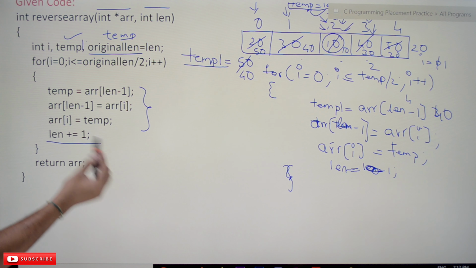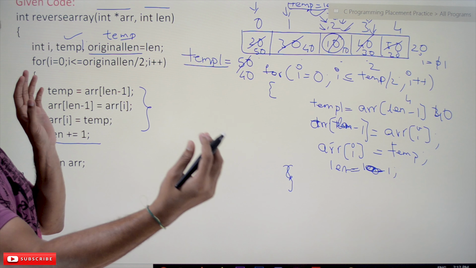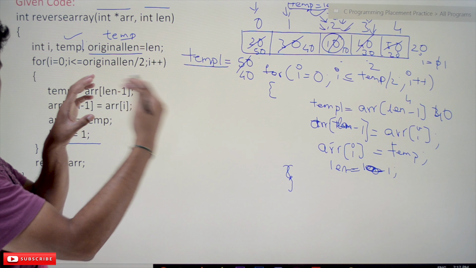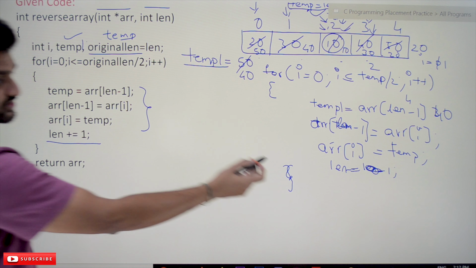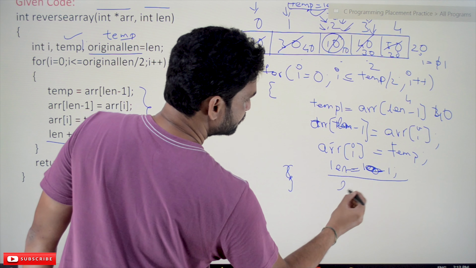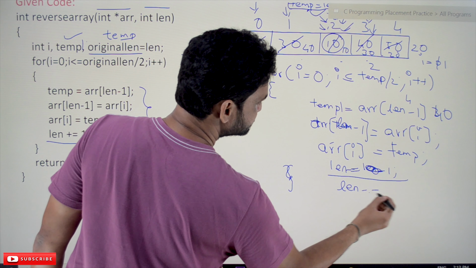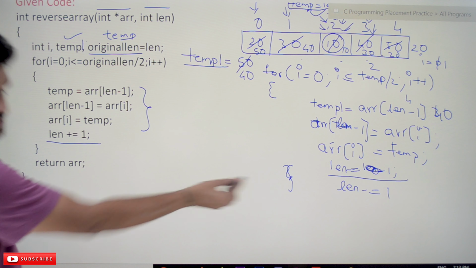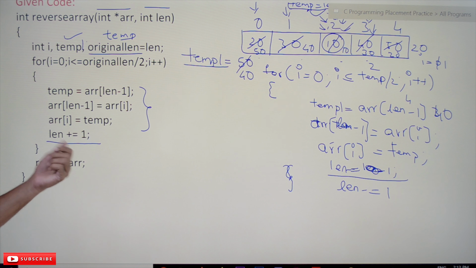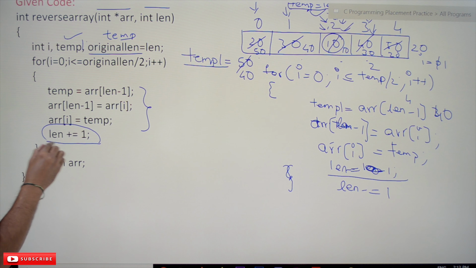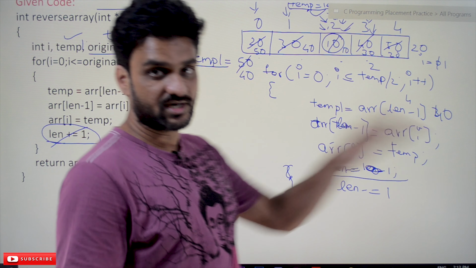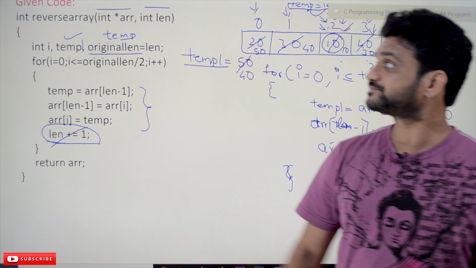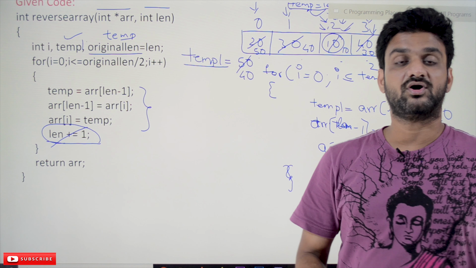So we cannot increment the length, we have to decrement the length. So from there we have to move to the reverse side of the array. So we have to decrement the length. We have done ln minus 1. So what is this code? It is ln minus equal to 1, which is ln is equal to ln minus 1, but here they have given it as ln is equal to ln plus 1. So this is a mistake and we have to replace this with this one. Okay, and the array will get returned back and it is going to be the reverse order of the array.